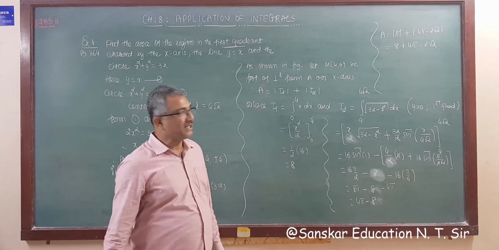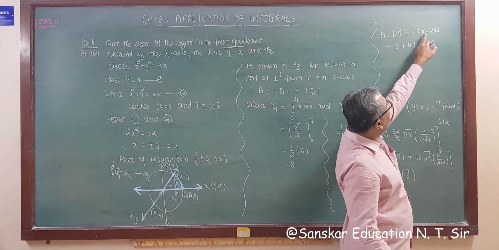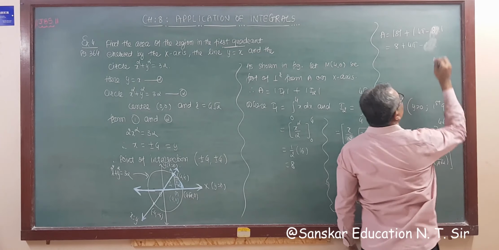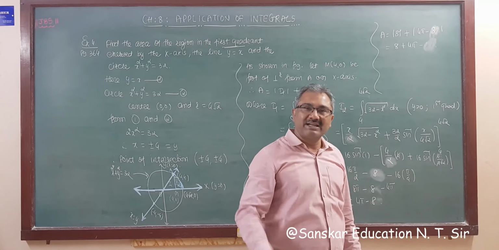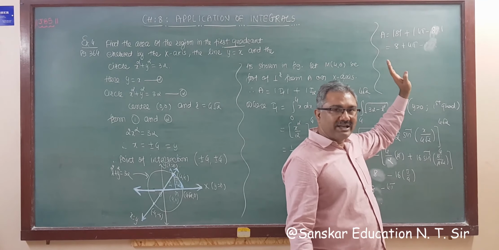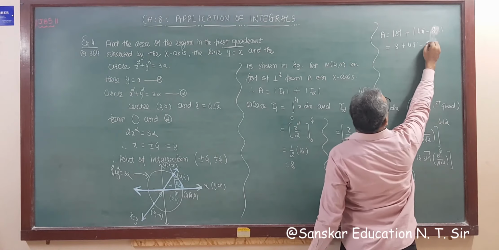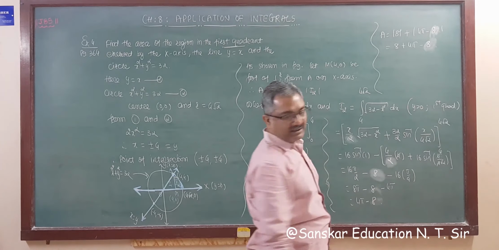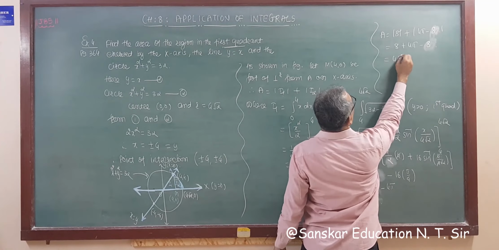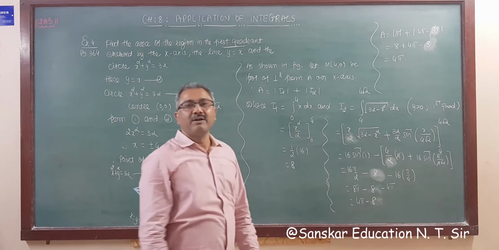4 pi minus 8. Now again, this is 4 into, okay, this is 8, this is 8. So 4 pi is 4 into 3, that is 12. 12 minus 8, that is a positive number, right? So 4 pi is the biggest number, so minus 8, right? So what we get finally, answer will be 4 pi.